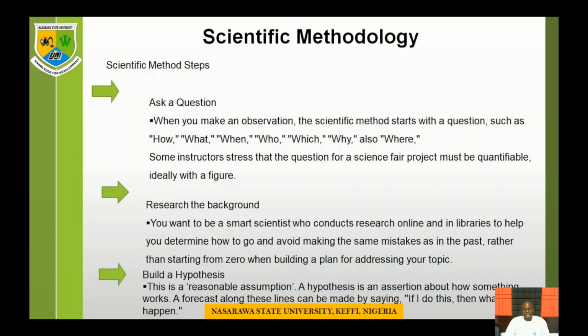So I'm now going to look at the scientific methodology. You know, normally in sciences, we don't just go out, mostly in the lab. There must be a method that must be followed if you want to achieve a certain result. I think that clearly differentiates us from the non-scientists, or most especially those herbal practitioners